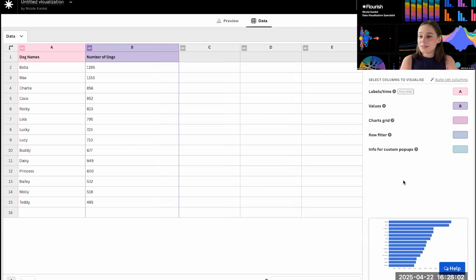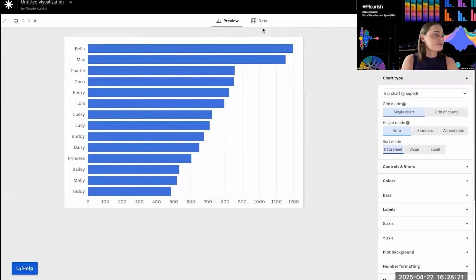The bottom right-hand side, there should be an updated preview of those data. When I upload data, I like to double check. Yes, column A does provide the labels. It's a text type format. Column B is numeric and are the numeric values. Once I've given myself that sort of sanity check, I'll go back to the preview here, and it looks like everything has loaded in correctly.